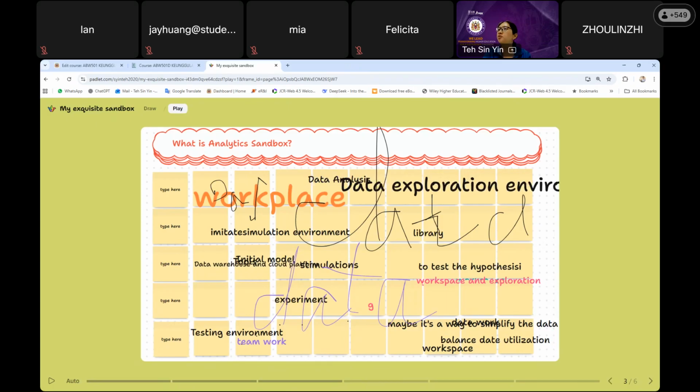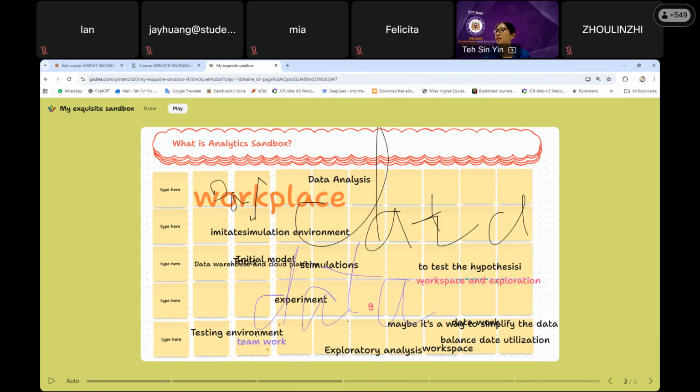So you can do some simulation there. Okay, workplace, correct? Library, not really. Test the hypothesis, not really the main keyword. Workspace and exploration, yes. Initial model, not really. Data warehouse, not really.